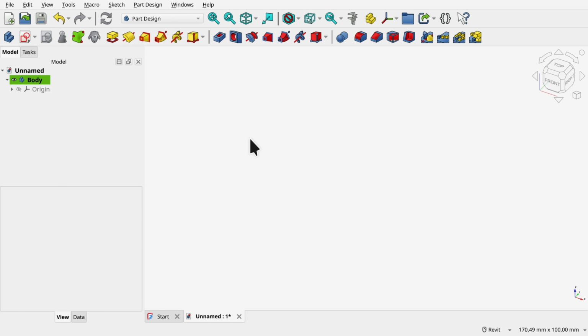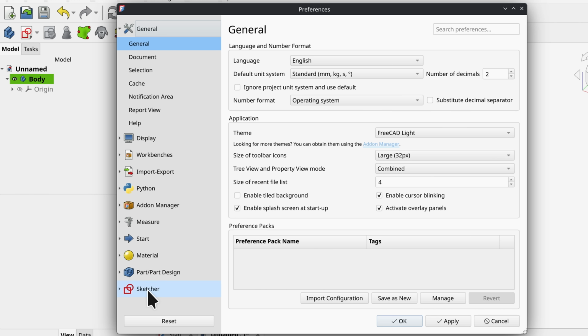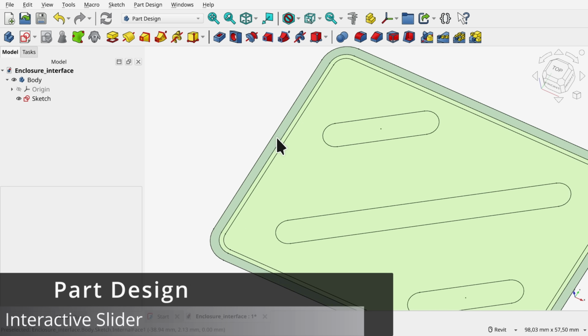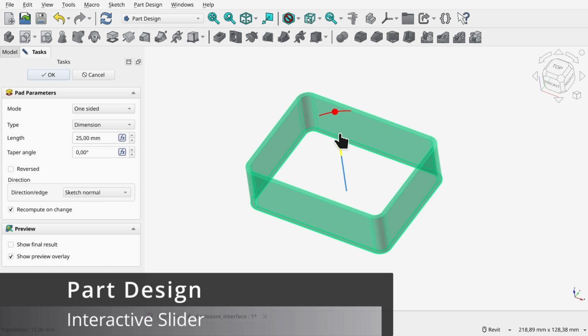To activate it, go to the Edit menu, then Preferences. In the window that opens, look for the Sketcher tab and check the box Generate Internal Faces, and you are good to go. Now for some Part Design operations, we have interactive sliders that let you adjust values on the